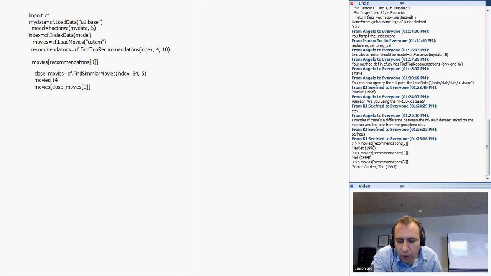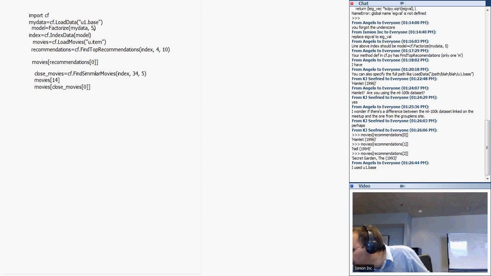Like, did you use the u.base or the u1.base? There are different files. I'm not sure if all of you use the u1.base or you can use the ub.base, or there's another one called u2 base. There's another one called UData that has all the. So Angela, I used the same, and I think I got the same results. I don't have them with me right now, but